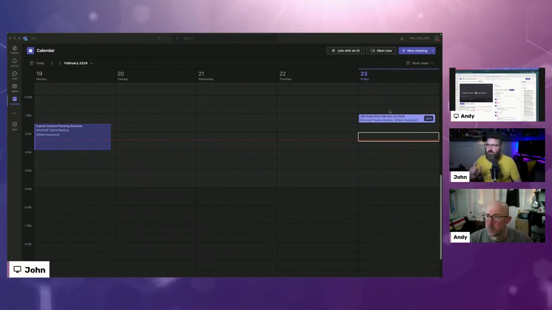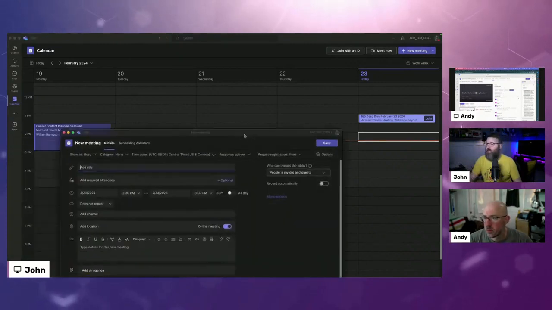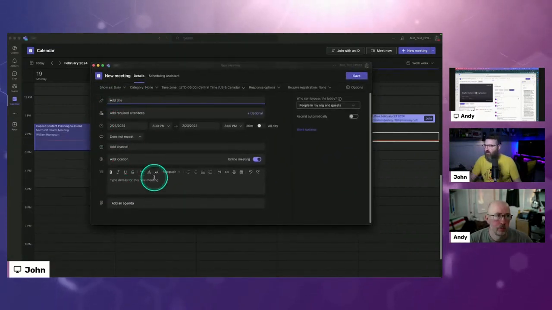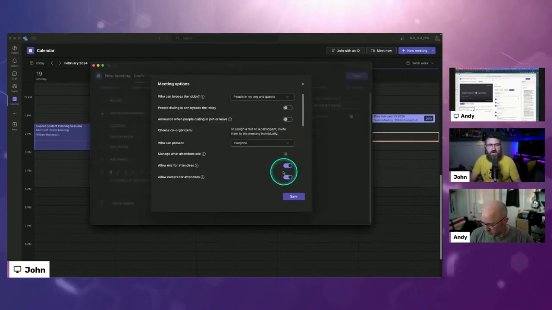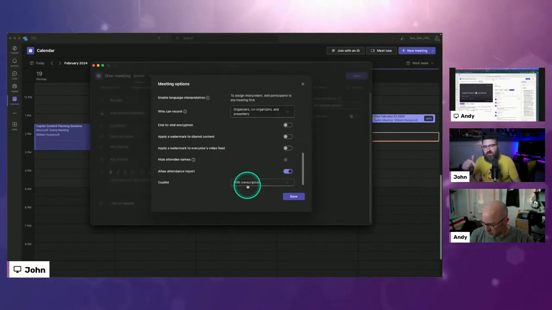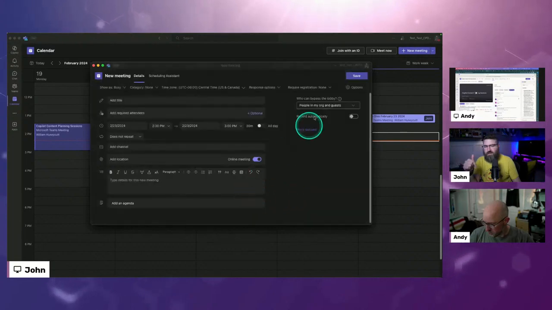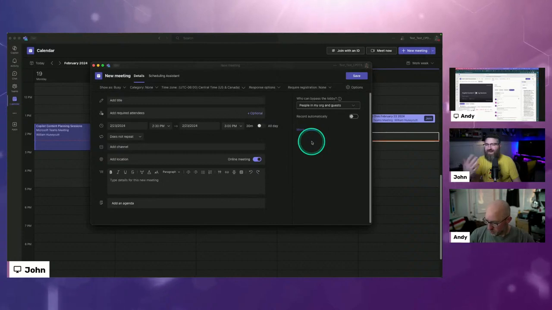But the way that you do that is when you're setting up your meeting. So if I'm creating a sample meeting right here in Teams, you go to your meeting options right here on the side, or you can get to this through Outlook, the meeting options at the bottom, the link in the body. If you go all the way down to the bottom, you can set it to Copilot without transcription and then save that. Now, Copilot will be available to people without having to transcribe the meeting, but it's only